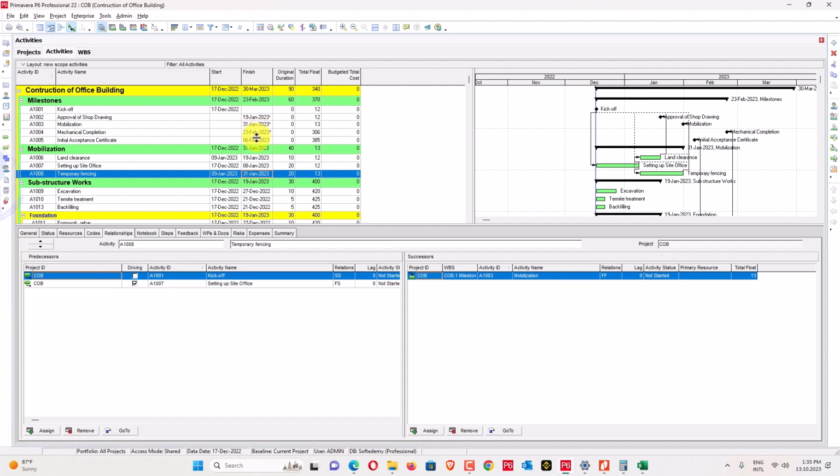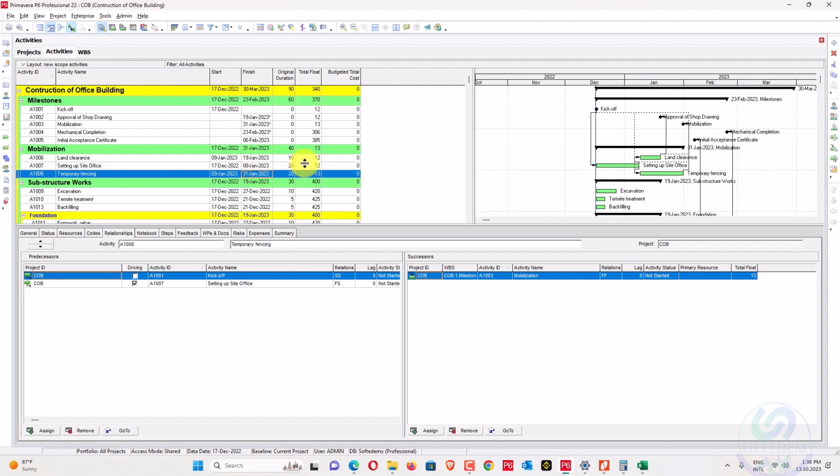31 of January. So what will we do here to make them clear? The activity should be completed on 15 of February to make this one critical. So I have 13 days. How will I manage that? To manage that, I consider this one 20 days and this one is 20 days, and we have reached 31 days. So we have